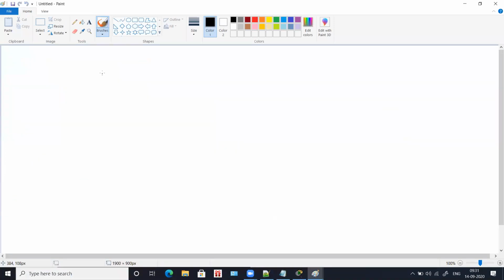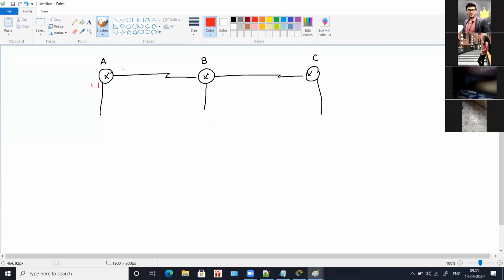So you have three routers: router A, router B, and router C. And let's say you have 1.1, 2.1, 2.2, 3.1, 4.1, 4.2, and 5.1.